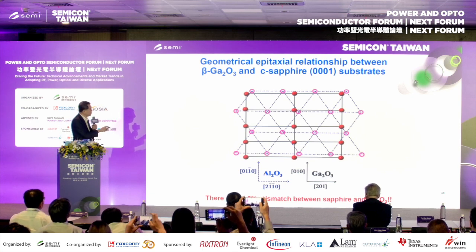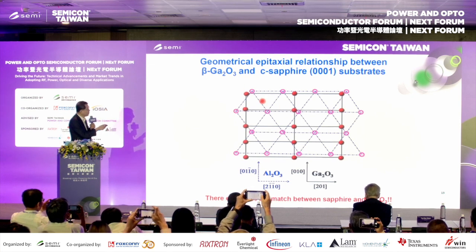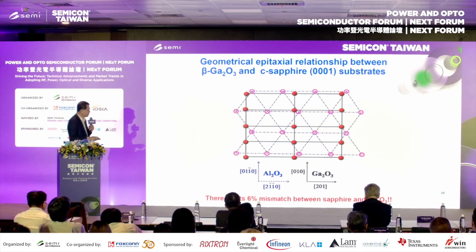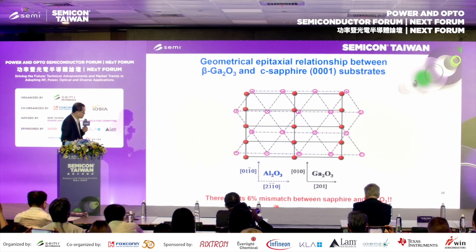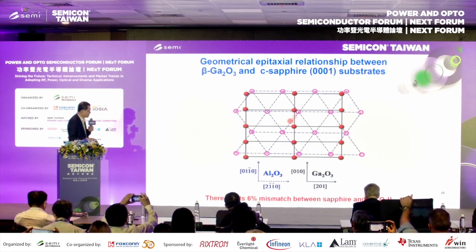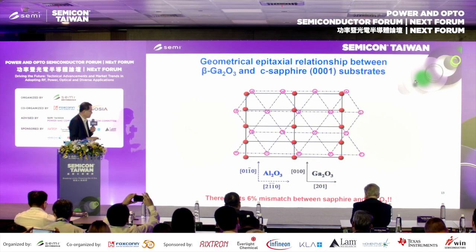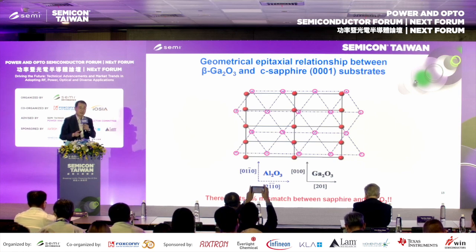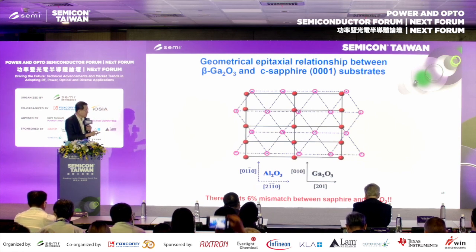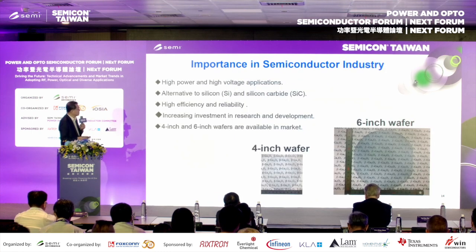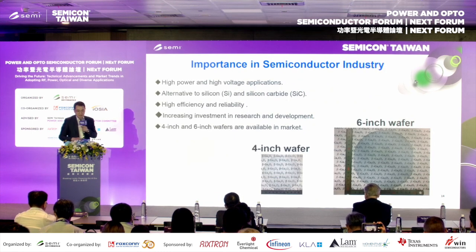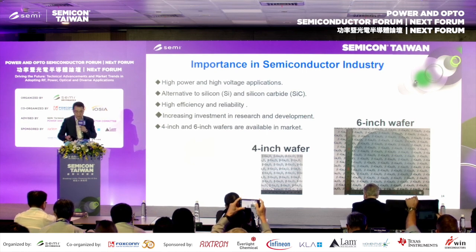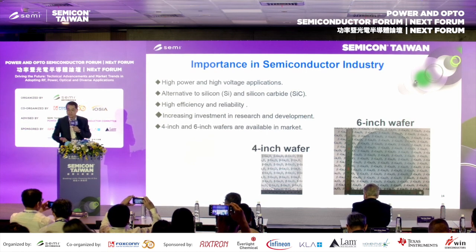Because the beta phase gallium oxide has a close lattice match with the C-plane sapphire. For example, this is the sapphire, this is the gallium oxide. There exists only 6% mismatch between sapphire and the gallium oxide. So the importance in the semiconductor industry is the high power, high voltage application potential, and maybe